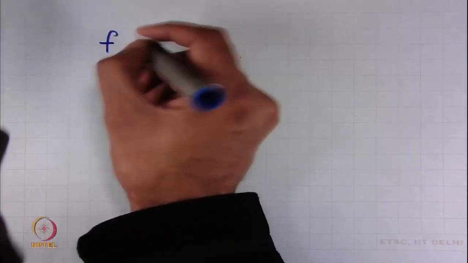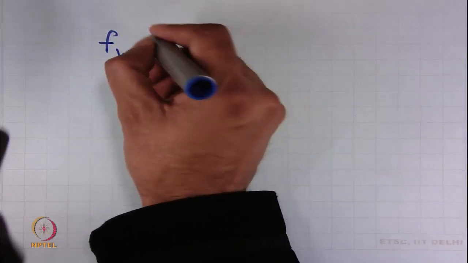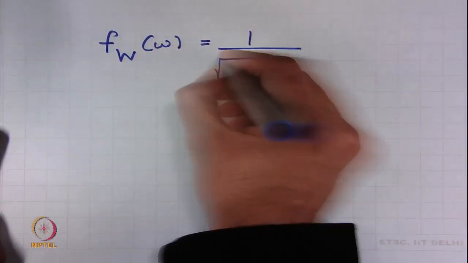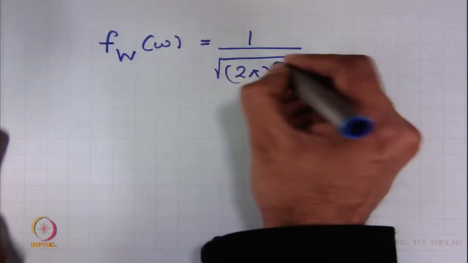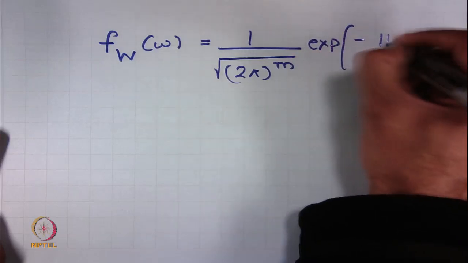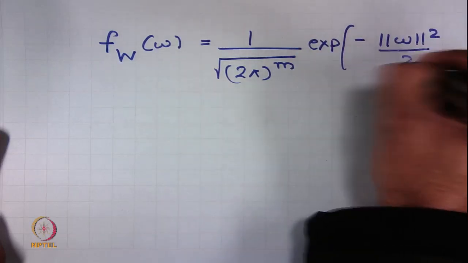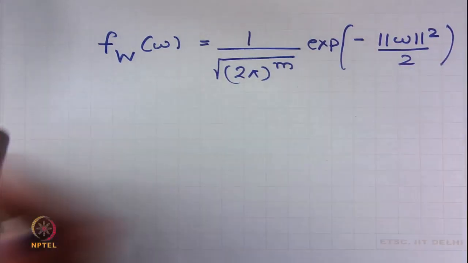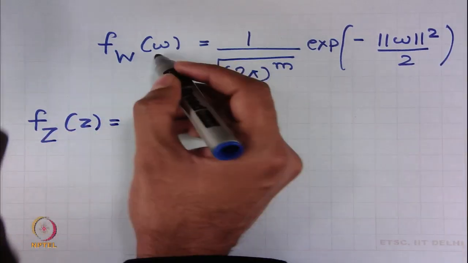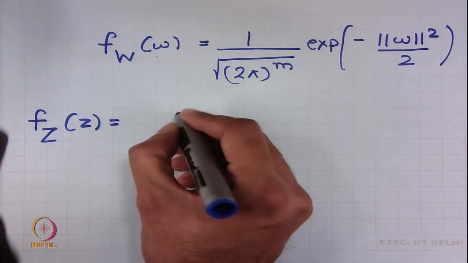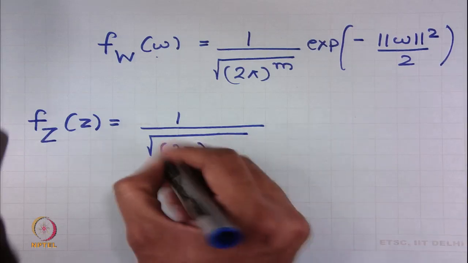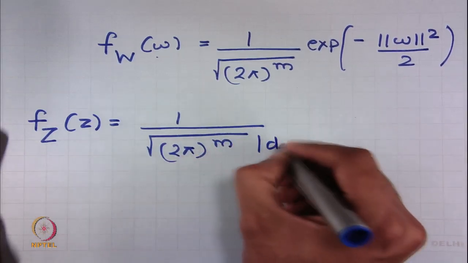So, we have said that probability density function of random vector W is, and we know that the probability density function of random vector Z would be this probability density function divided by mod of determinant of A